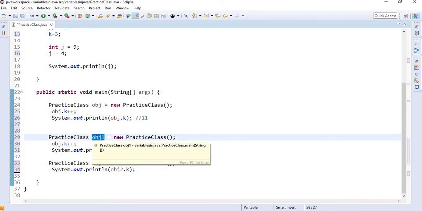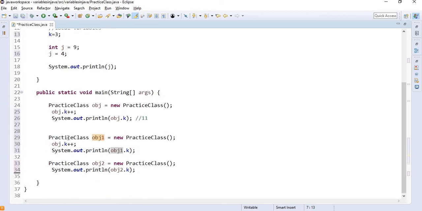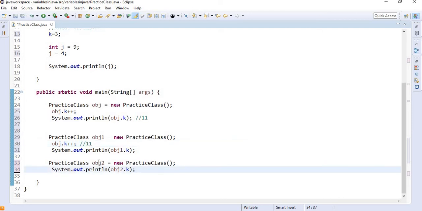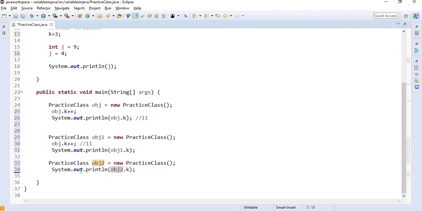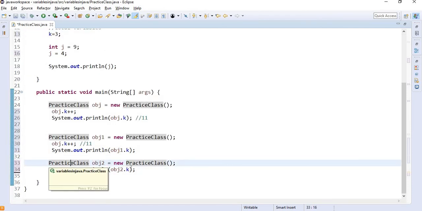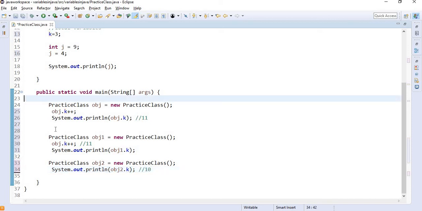This obj1 also holds the value of k as 10. So when I say k plus plus, it will increase the value to 11. But here again, obj2 is holding the copy of k as 10, and I am not increasing the value of k, and I am directly printing the value of obj dot k. Then it will print the value as it is, 10,